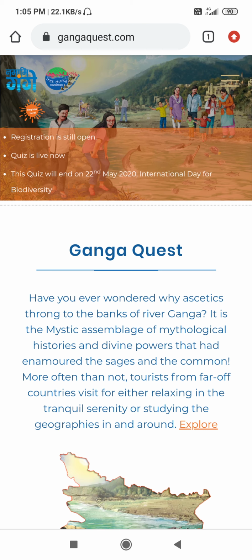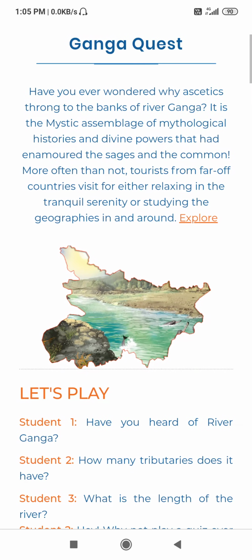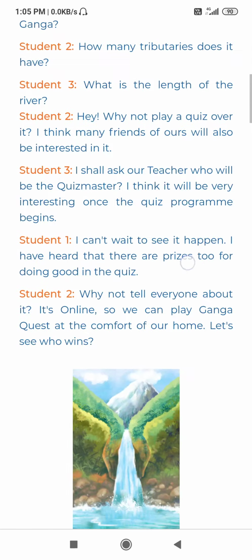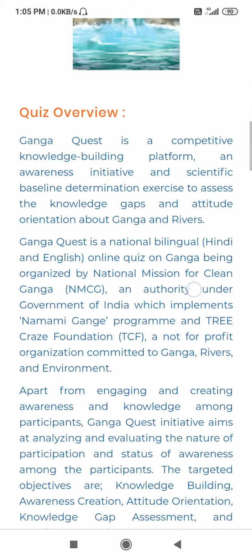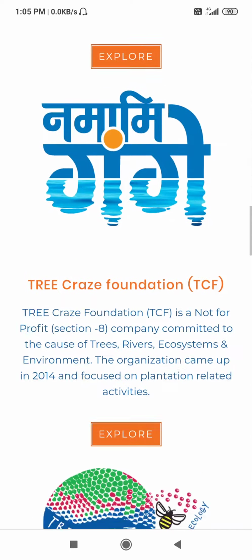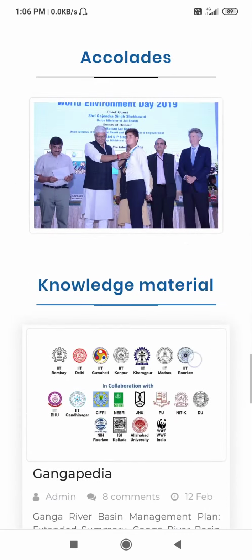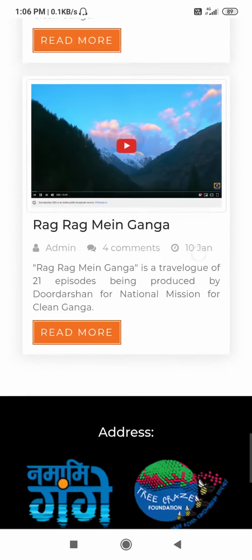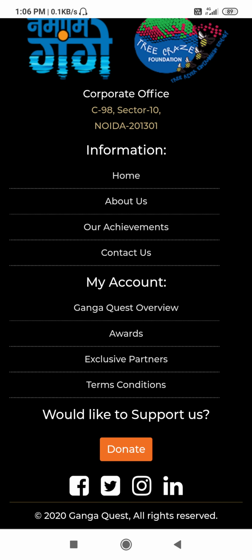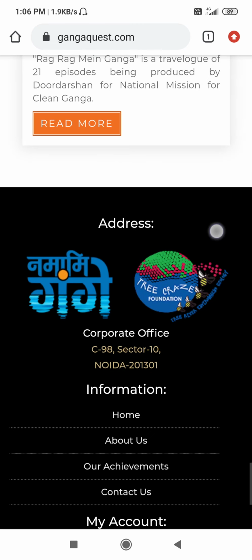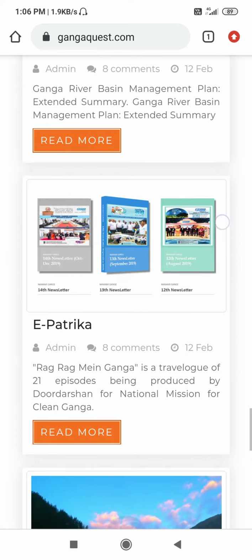Then another screen will appear. Here, some rules and regulations, quiz overview, or some related information are given on this page. So you can read these things from here.